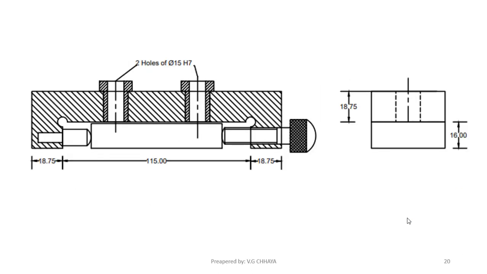Finally we will get assembly of plate and channel jig, in which we will always assemble the jig bush on the top plate. We will support the plate with the help of locator at one end and clamp the plate with the help of clamping screw at the other end. This is all about the design of channel jig. It is a very simple type of jig and it is widely used for flat plates.